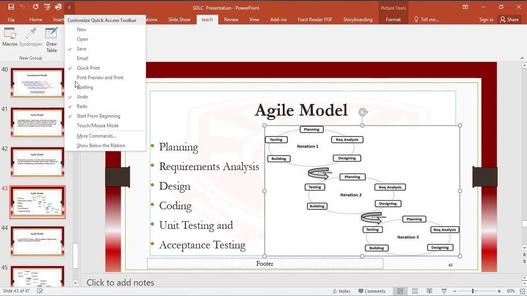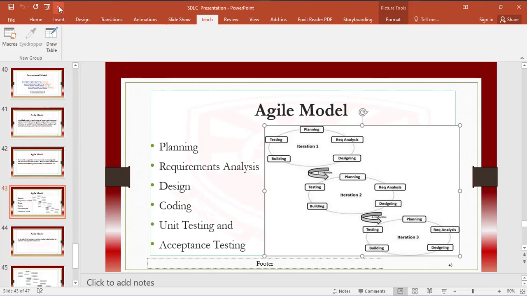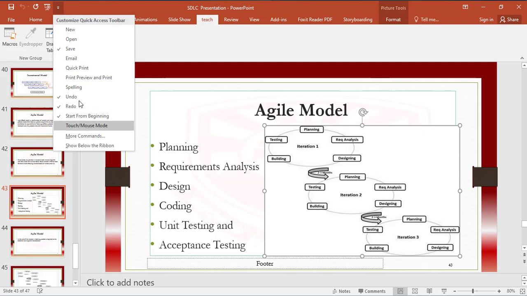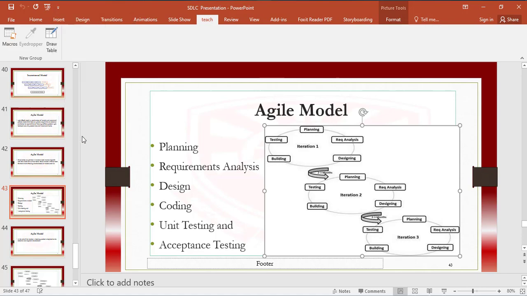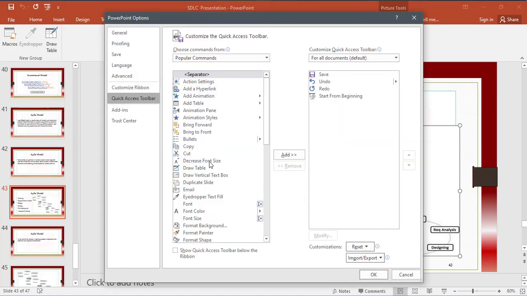So as many as you want. You can also remove what is already there. Let's say we want to remove the quick print again, just click it again and it will go. You can just add them, add the tabs here. You can click on more commands. It will open to this side, which will allow you to select more other options that can be added to